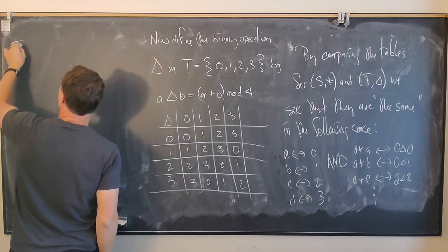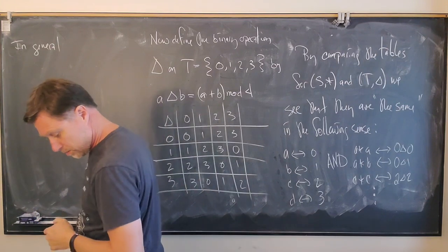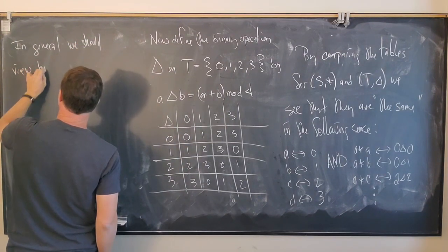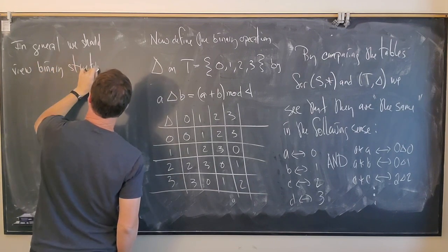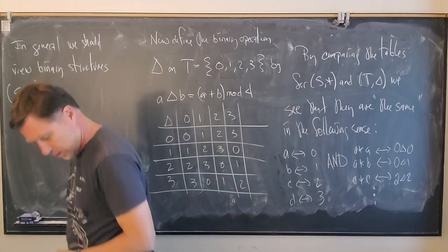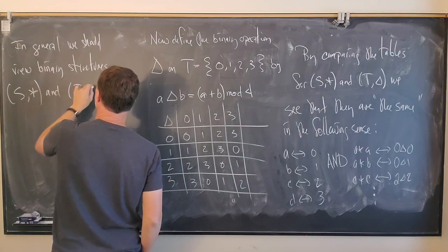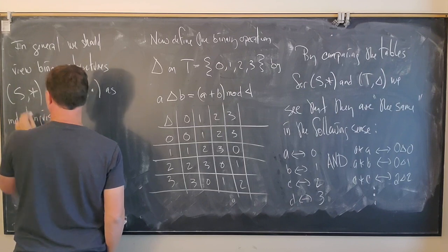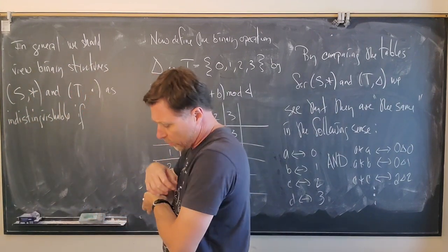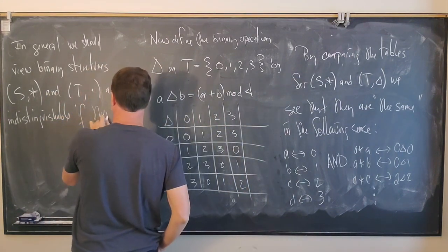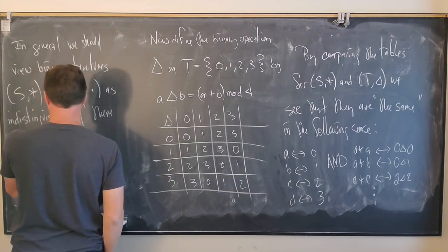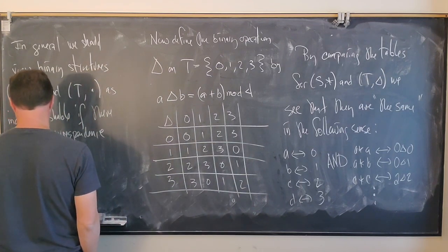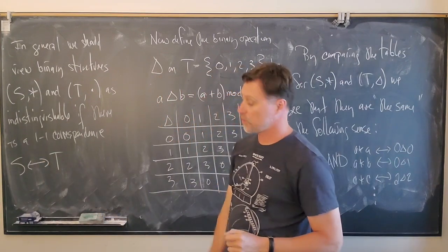So in general, we should view binary structures S, star, and T, dot, as indistinguishable if there is a one-to-one correspondence between the elements, so one-to-one correspondence between S and T, so